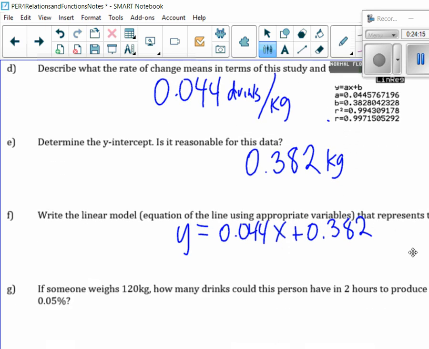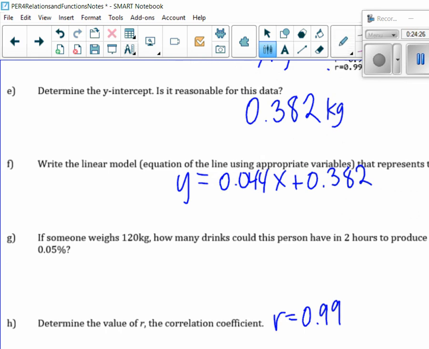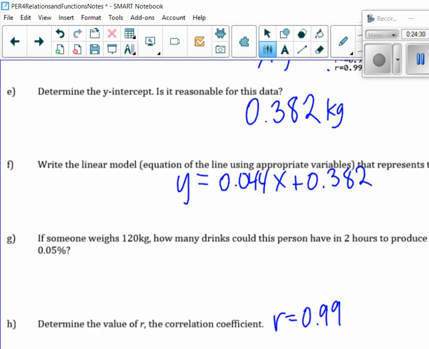So now I'm going to show you in about a minute here. Well, what's the R again? R is 0.99. I do want to finish this G question here, okay? If someone weighs 120, how many drinks could this person have in 2 hours to produce a